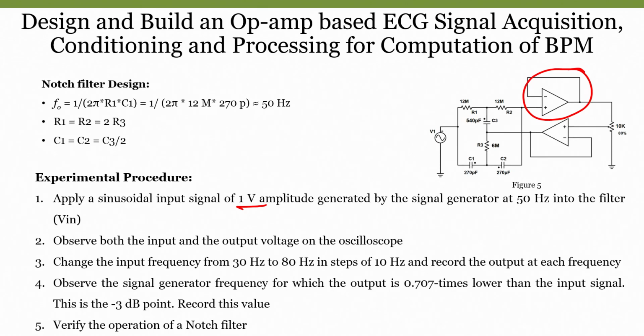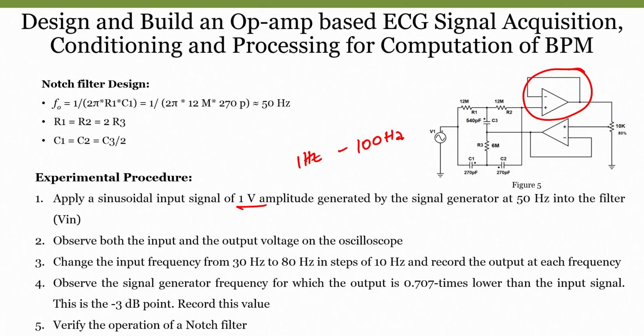When we change our input signal from 1 hertz to somewhere around 100 hertz, why do we not go below 1 hertz, and why do we not worry about more than 100 hertz? The reason is that this stage of filtering comes after passing through high pass filtering and low pass filtering, and we already know that the high pass cutoff frequency is close to 1 hertz and the low pass cutoff frequency is somewhere around 100 hertz. The frequencies lower and higher than that are not in our interest, so we do not even have to test our circuit in that operating range.